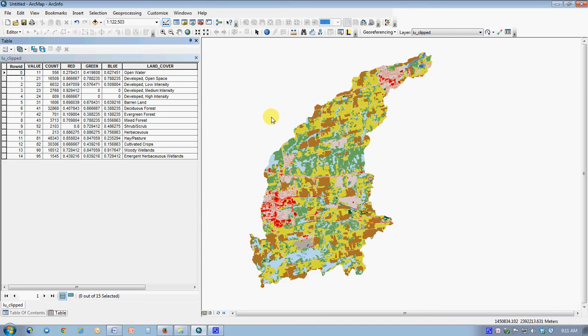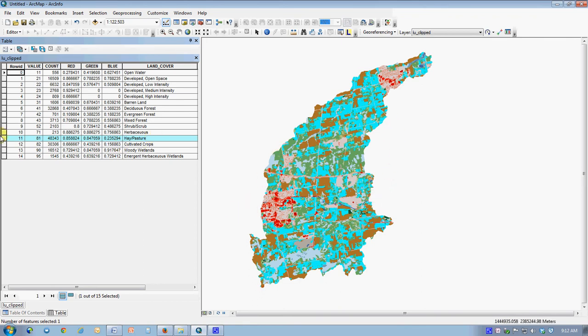Let's look for the largest land use within this particular watershed, and I can do that by looking for the largest of the cell counts, and I discover that the code number 81, which is designated as hay or pasture, you can look this up in the appendix of your lab exercise as well, has 48,000 plus cells of hay and pasture,